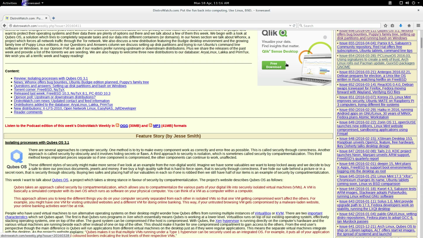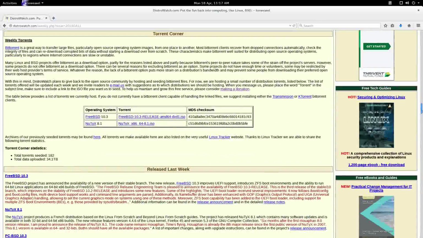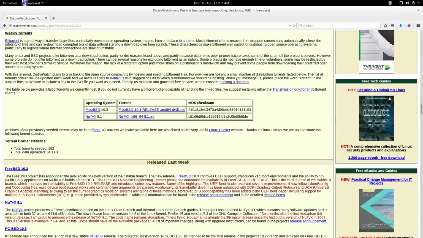These are archives. This is the weekly news. Advertisements. Now here's a tech book. Now these are random, and what's so cool about these tech books, some of them are free. Like this is free. So, Security Optimized Linux, the hacking solution. There's a 1,200 page ebook, free download. So you just